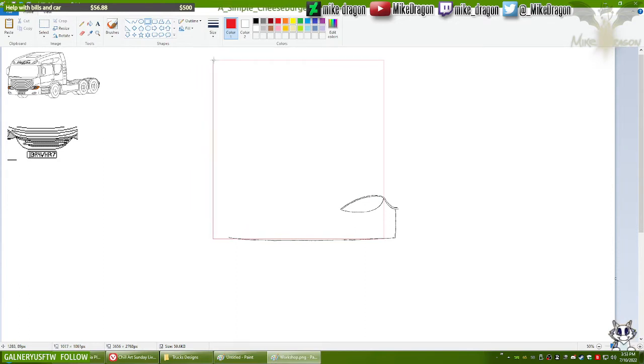So let's do it now. There, that's gonna be the front end of the truck. This here is going to be the side. Yeah, that should be good enough for that.